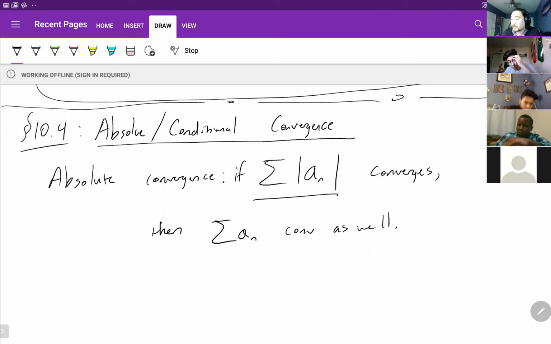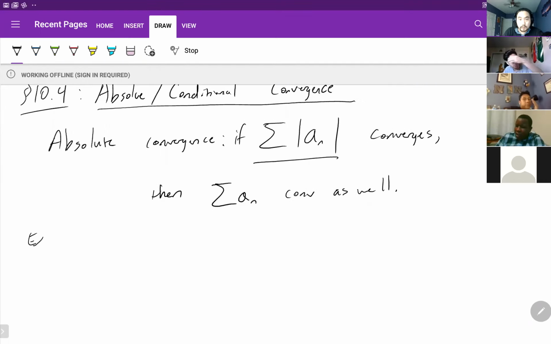So let me show you a quick example. Wait, if you go to the previous problem, 1 over n squared minus 100n plus 4, and then you just put in absolute value, right? And then it turned into 1 over n squared plus 100n plus 4? No, that's not how it works. It turns the terms positive. It does not turn the definition positive.